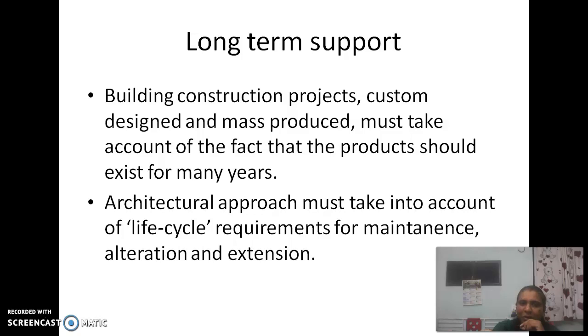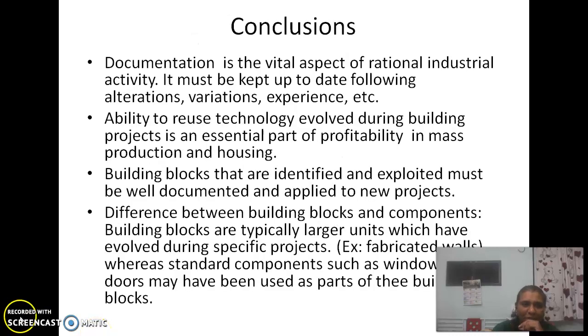Building construction projects, custom designed and mass produced, must take account of the fact that the product should exist for many years. The architectural approach must take into account life cycle requirements for maintenance, alteration and extension. So this is how we conclude this particular